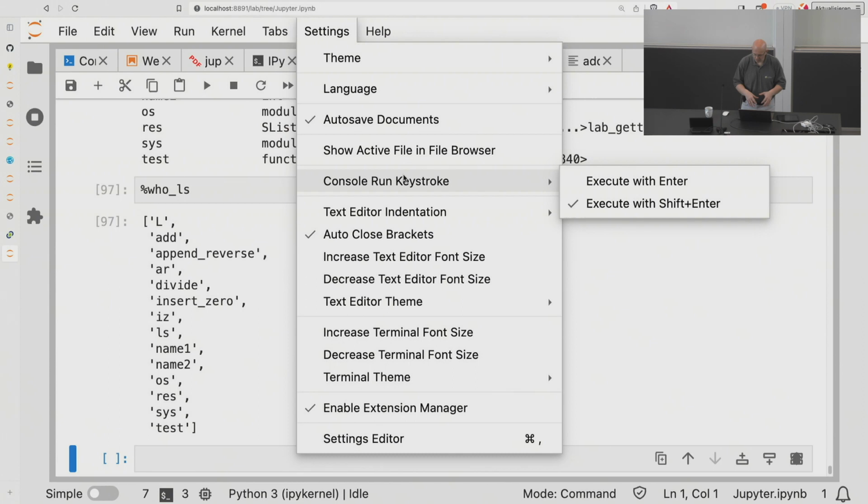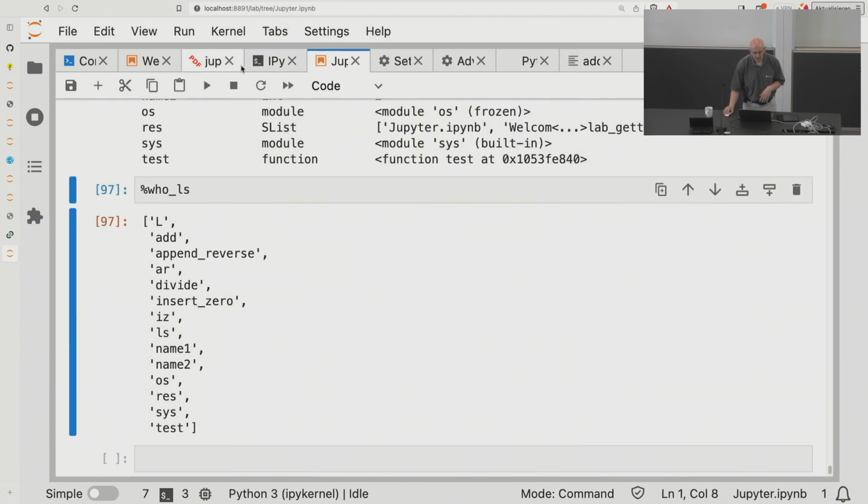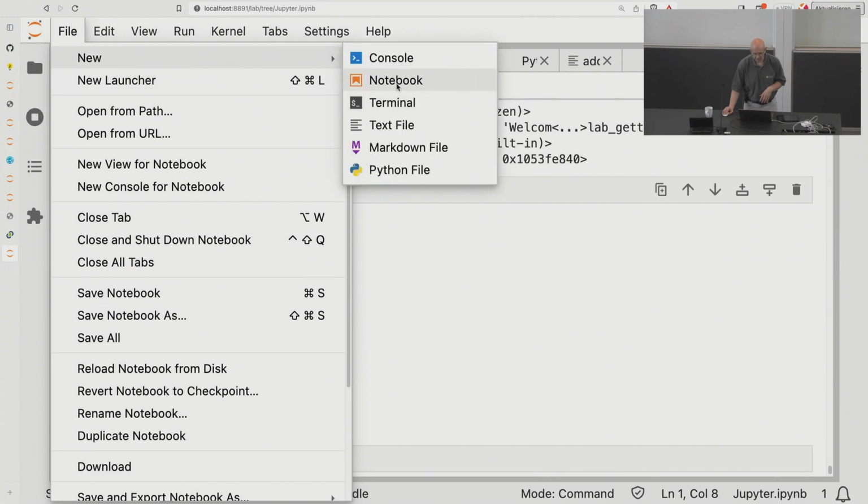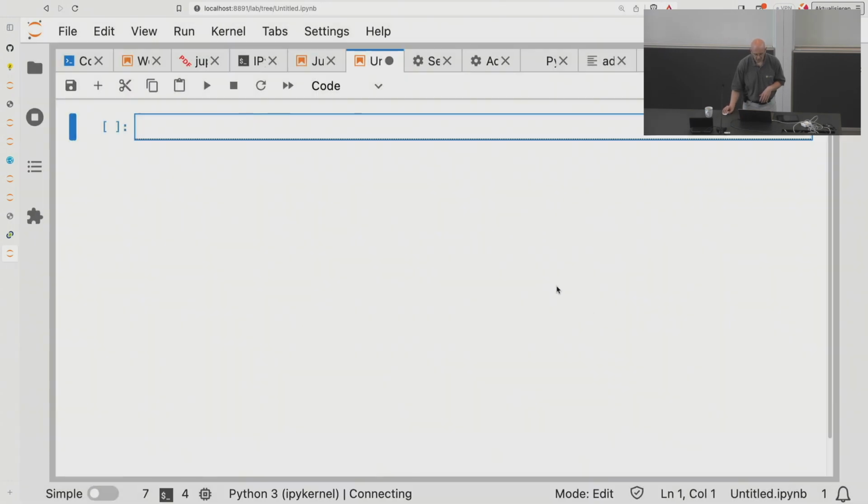So you write your code in a file, and then you import things, and you can work with it here. Importing is a bit of a problem. So if you have a notebook, let's make a new notebook. We can do it like this. So if I have a new notebook,